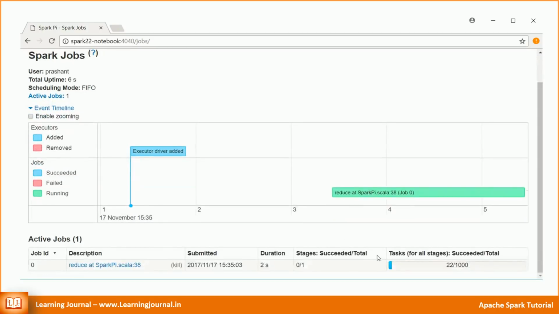Okay, the processing of these many slices is complete, and we see only one executor driver. You can't expect anything more from a local mode, right? So, we have seen local mode. Now it's time for client mode and cluster mode. We'll need a cluster environment.